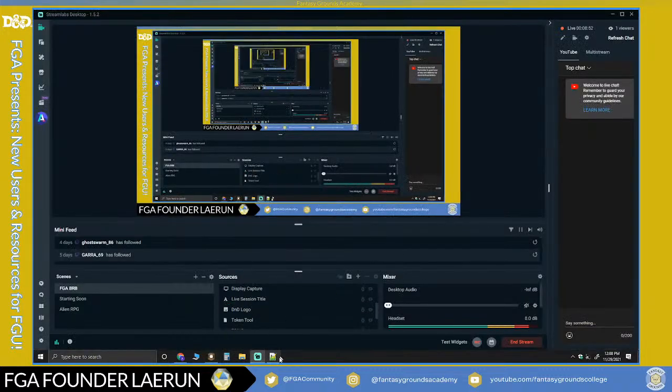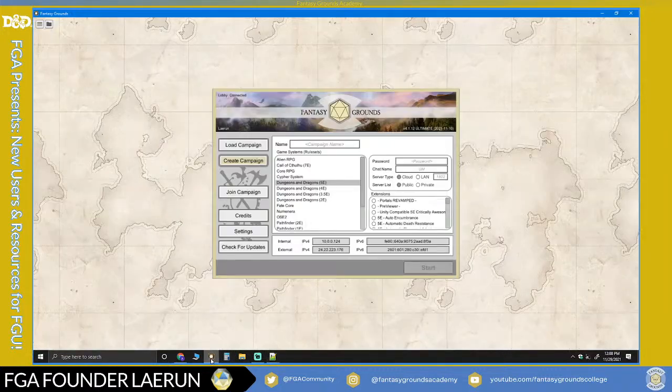The other thing is the content that you're getting is fairly good quality. Fantasy Grounds and SmiteWorks do a really good job converting the content over as best they can. There are some developer things that have to be ironed out over time, depending on the rule set and how it interfaces with Fantasy Grounds. But all in all, the content's pretty decent.